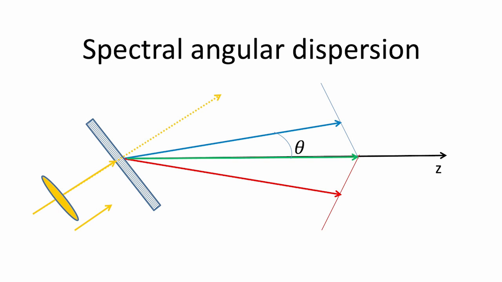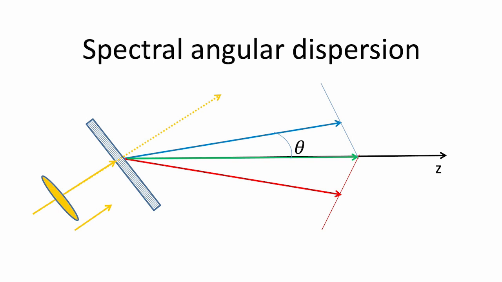You can see here a diffraction grating. This yellow thing here is a pulse that is impinging on the grating. It's a transmission grating. When I say blue and red, blue is the high frequency components of my pulse, red is the low frequency components, and green is the center frequency components, regardless of the region of the spectrum we are dealing with. So what you see here is that there is angular dispersion. All wavelengths are not traveling in the same direction.